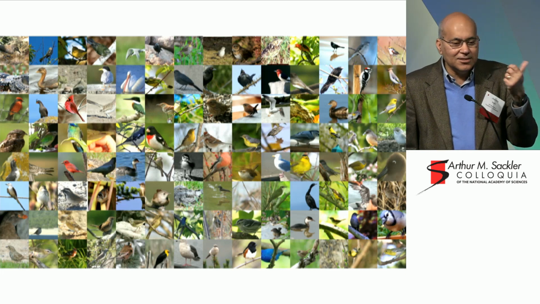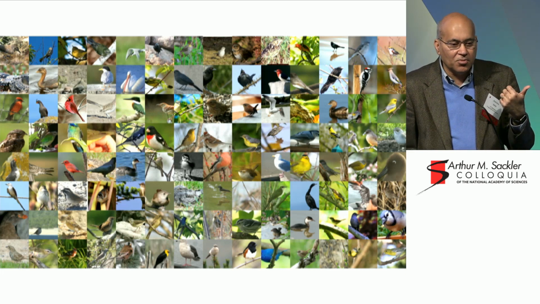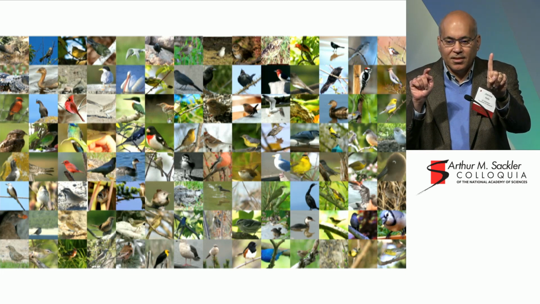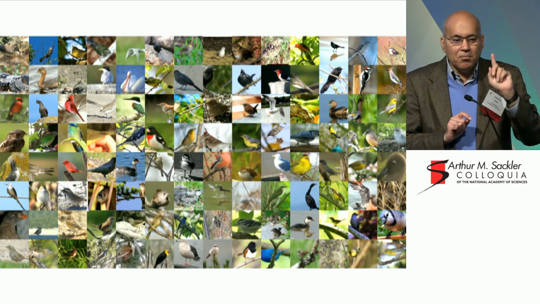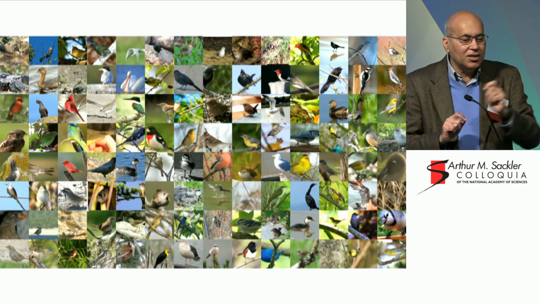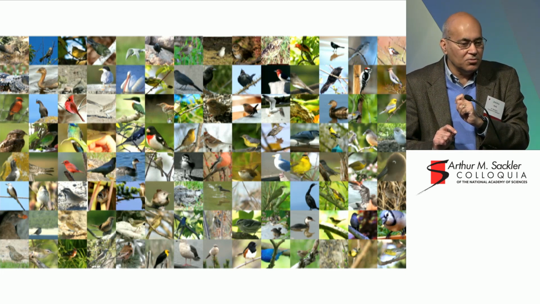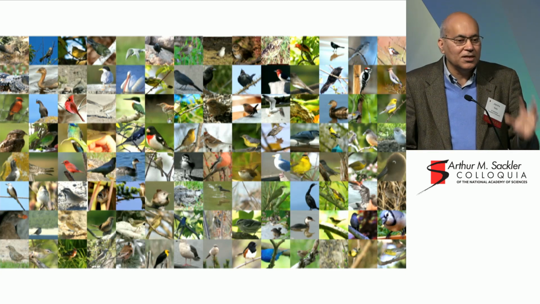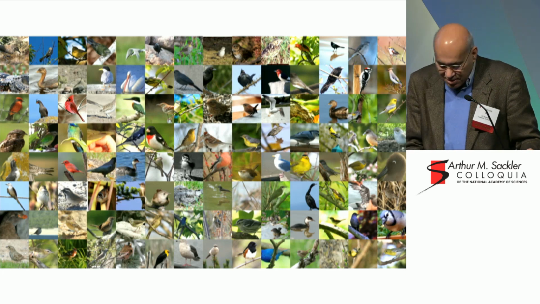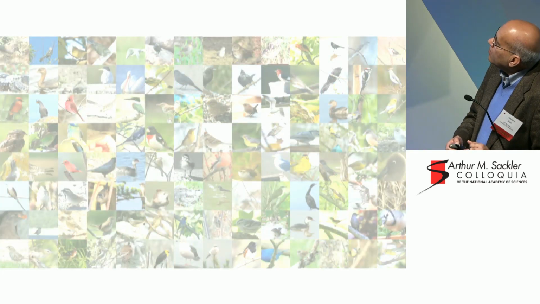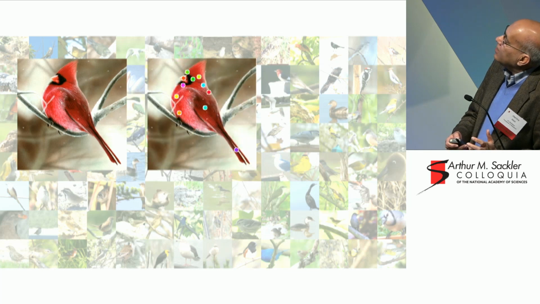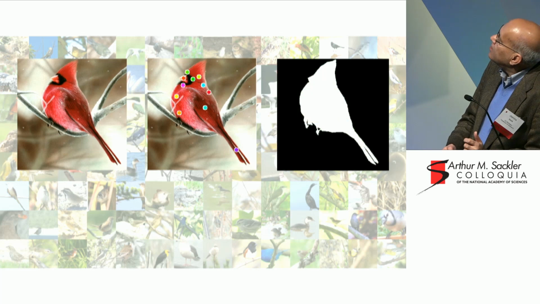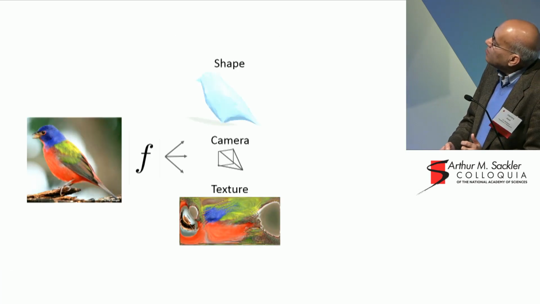But interestingly, this is a different problem than the usual stereo problem. In the usual stereo problem, you have one object and you get multiple views. Here what you have are multiple objects, each one of which you get only a single view. And somehow in our brain we put it together to build a 3D model of that object. So how do we do that? So let's say we have seen birds before, always from a distance. We never have access to the 3D. And so what we are able to get is